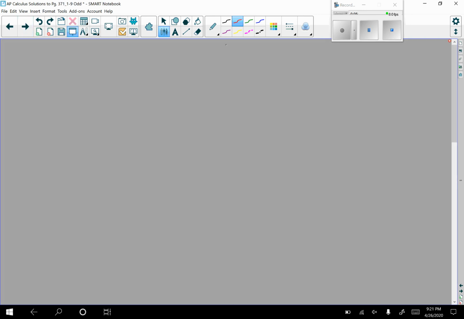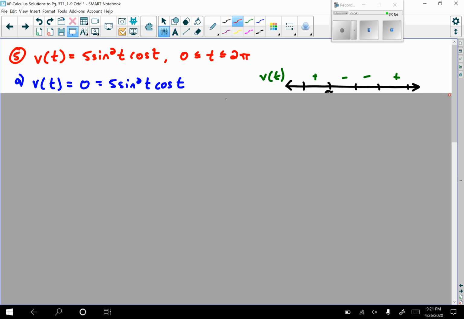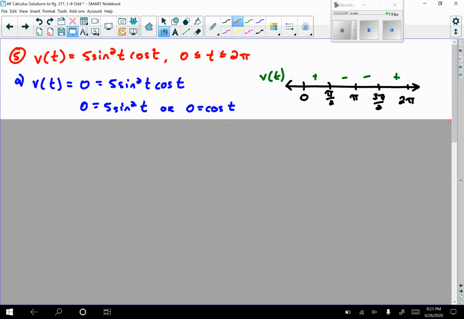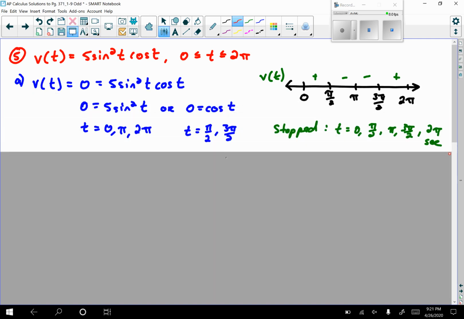All right, for 5, we have a little bit of work involved. The integral did require some u substitution. So here we are setting our velocity equal to 0. And this is where we could just separate it, just the zero products property. We know if we multiply two factors together and they equal 0, either one equals 0 or